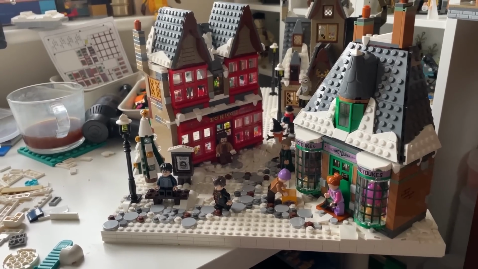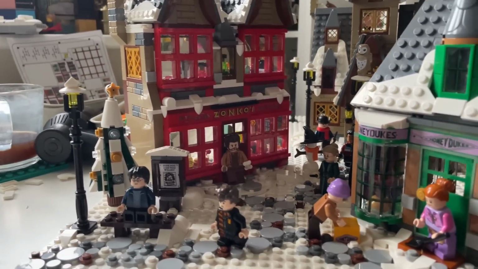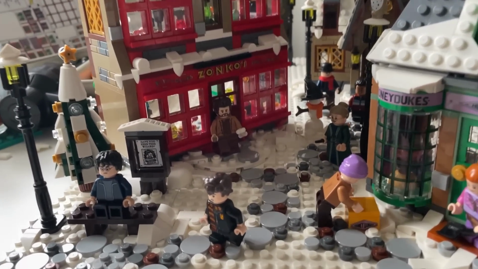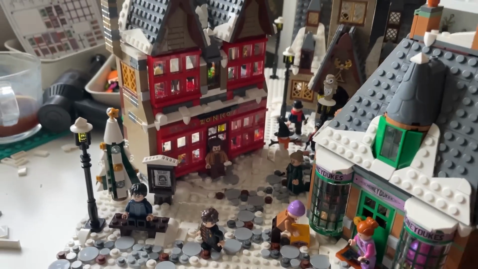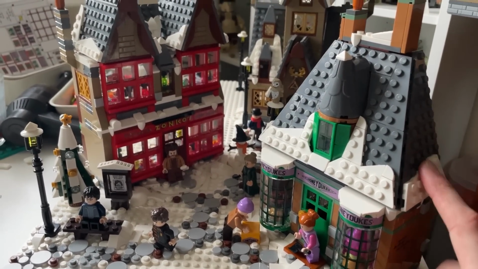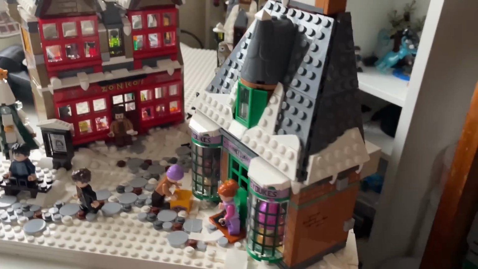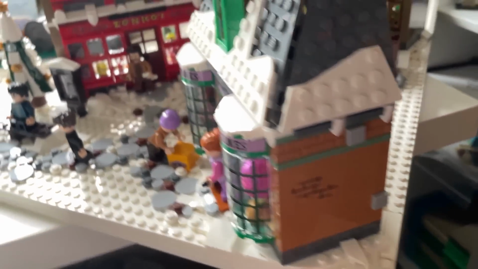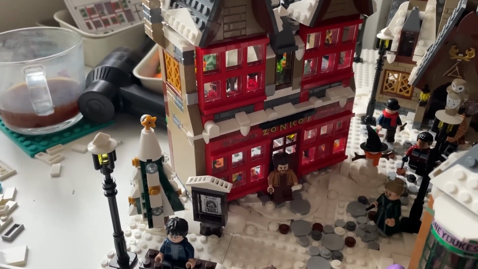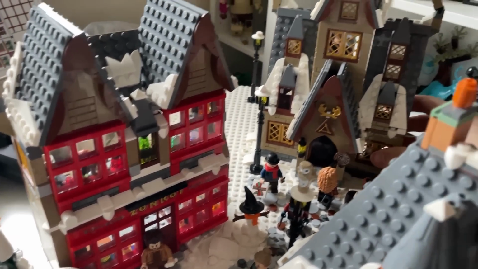I think I've finished for now. So as you can see, we've got a new-ish but pretty much the same layout. I've just added slightly more path details and more details around the buildings. They are much more secure now, even though they're only attached on one turntable per house, because I basically wedged them in with slopes. They are slightly less likely to move now, which is good. This one is probably the least stable actually, if you really think about it, but it doesn't move either way,